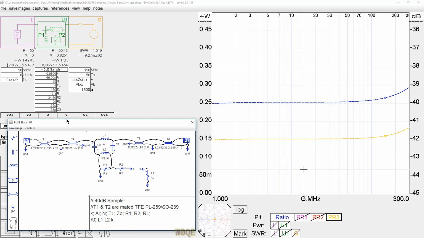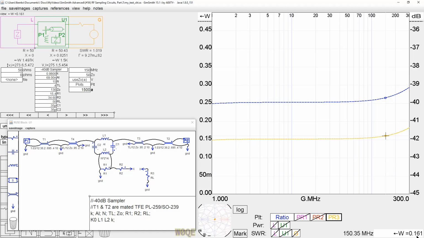I went and remeasured the capacitance on the transformer. I got 0.7 picofarads. It's tough to measure small capacitances like this accurately, but let's use 0.35 on each side. I built the circuit, used a 0.98 coefficient of coupling in the transformer, and all the same components as before, and I get an SWR at 150 megahertz,